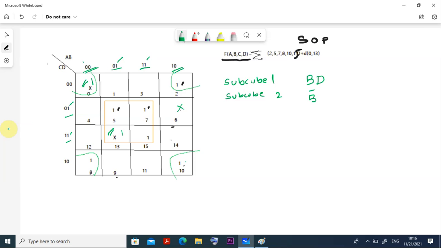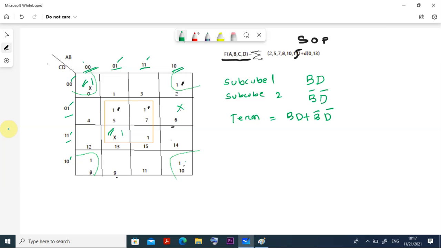Okay, then while we are going for this row and this row, what is the common? This is 0 0 and 1 0. 0 0 1 0 means the last 0 is common. When the last 0 is common, it becomes complement of d. Now the term becomes bd plus complement of b and complement of d. So these are the things we can get. I am using the sum of product.